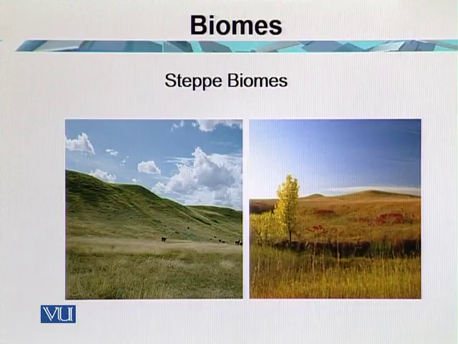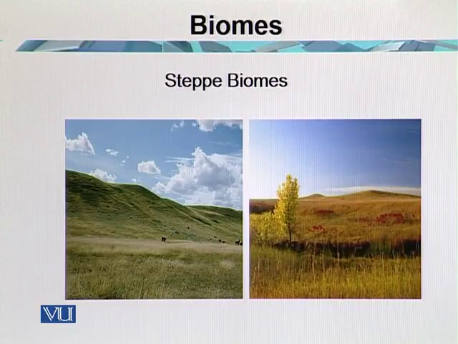Steppe grades into semi-desert in dry environments and into the prairie where rainfall is higher. This map of the grassland biomes shows that the steppe grassland is concentrated largely in the middle latitude areas of North America and Eurasia. Steppe grassland corresponds well with the semi-arid subtype of the dry continental climate.